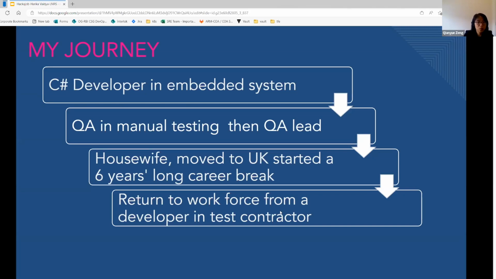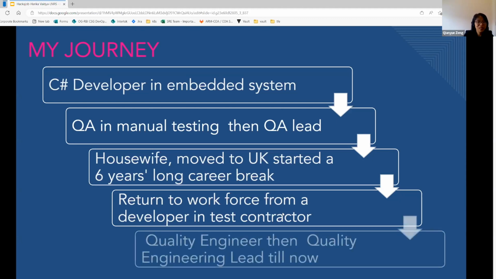It was not planned to be a 6-year break at the very beginning, but it eventually added up to this number. Sometimes, when I was tied up with all the nappy changing and making baby food, to be honest with you, I did feel exhausted and lost at some point. Oh, what am I doing here? But most of the time, I was really happy and enjoying the moment with my boys.